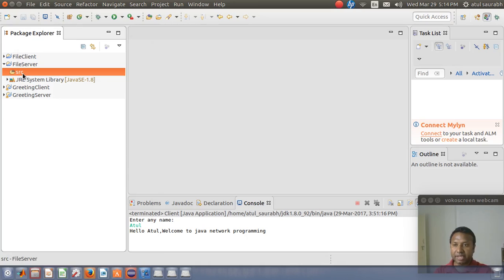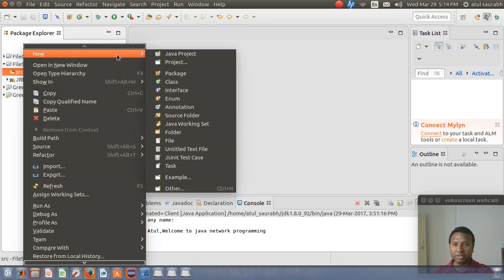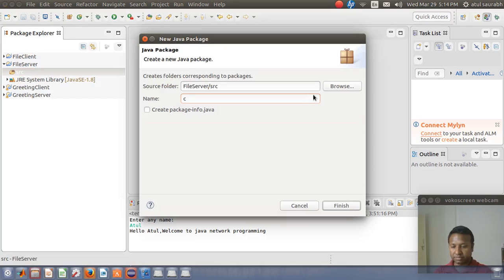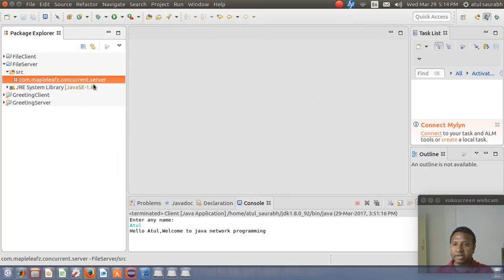So let's design that. First of all, let's create a package. So this is a concurrent server. Concurrent server means it can serve multiple clients at a time.